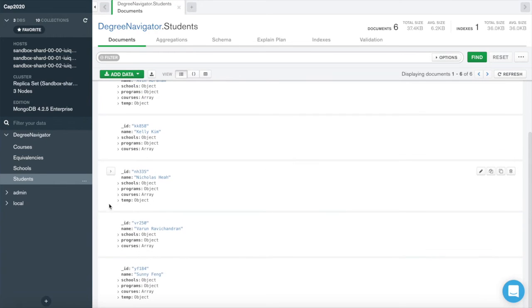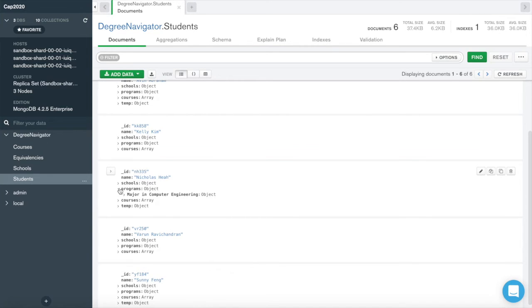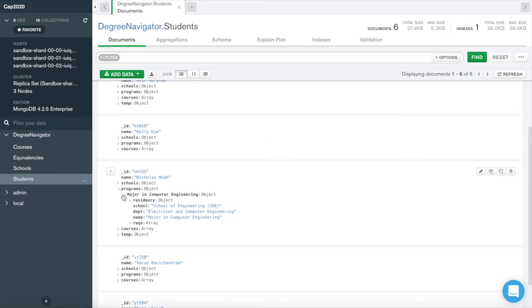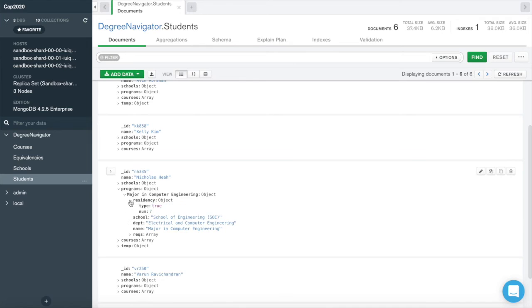Now we go back to the students collection. After the insertion of all the classes and IDs in the courses array, we give each class a rank, and based on that rank, we match it up with a program requirement. So if we open the programs object, we will find that Nick is enrolled in the major in computer engineering program. And here is some information about the program. We have the residency object, and that stores the student's progress towards the residency requirement. We have a Boolean field called type, and since it's set to true here, that means that the residency is calculated by the number of credits and not the number of classes, and it's 7